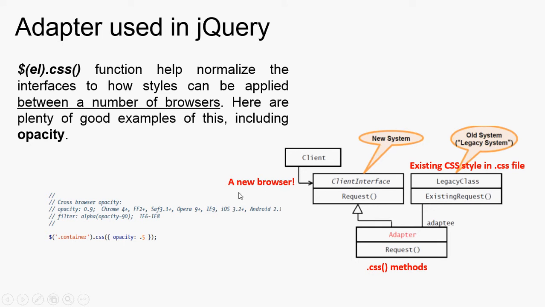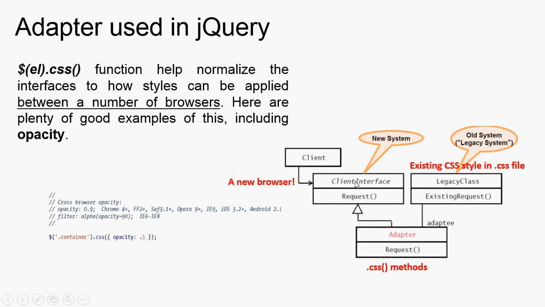First, consider that we want to open a website using IE browsers. However, the existing CSS file may be designed for Chrome or some other browsers, which is incompatible with IE browsers. Now the client wants to open this website and sends a request by calling a method on the adapter